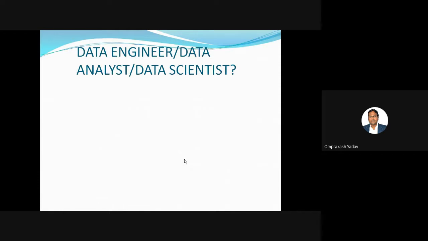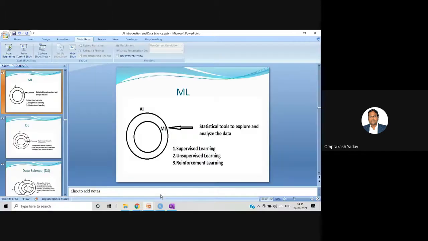But see, once you are working in a company, and any task is given to you, even though you are a data engineer or data analyst, and the company asks you to perform a data scientist job, you cannot say no. You always have to say yes, we can do it. And even if you don't know, you can tell them to give us 2-3 days, we will update ourselves, and then we can perform that task. But there is a distinction, and let's try to understand it. So I'll take you to the notepad.